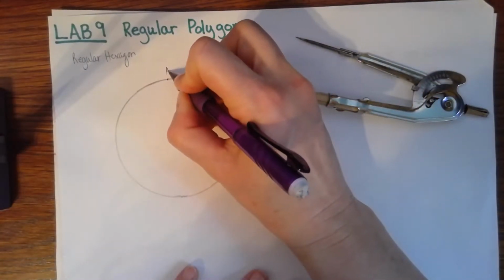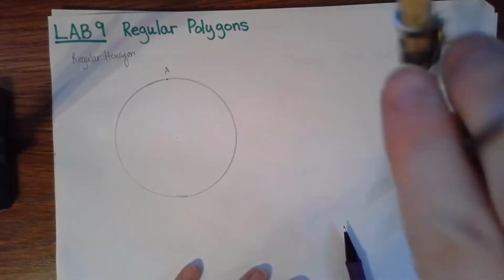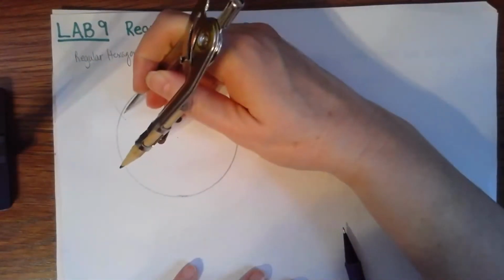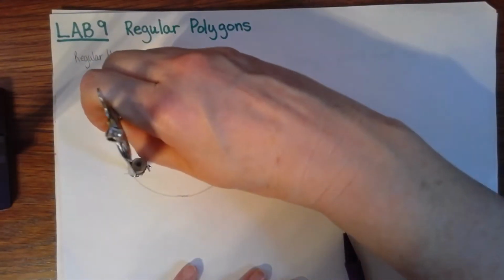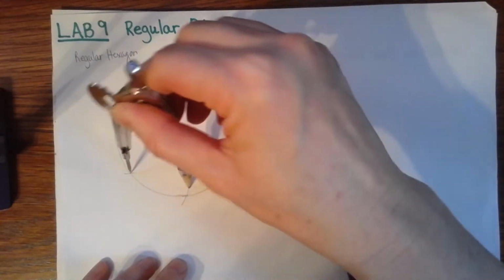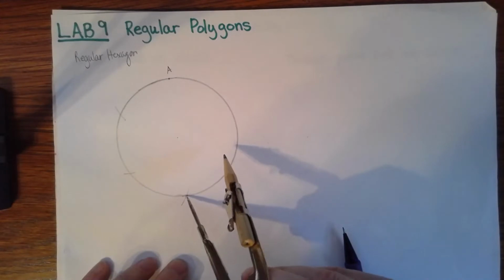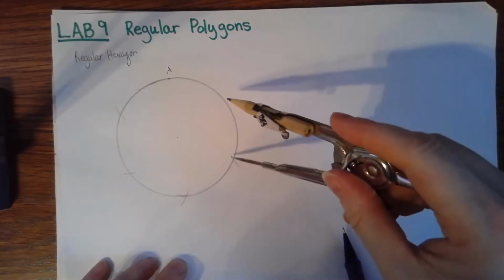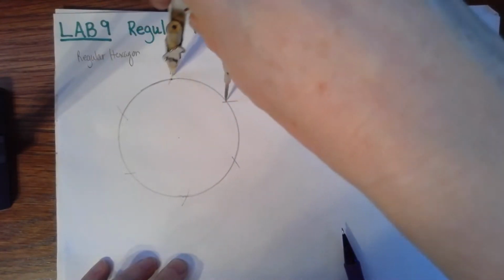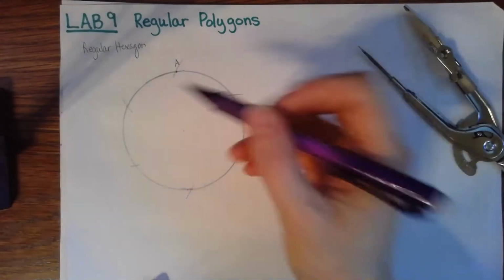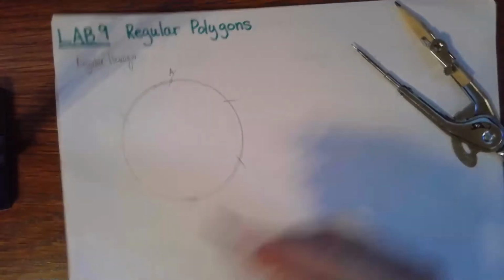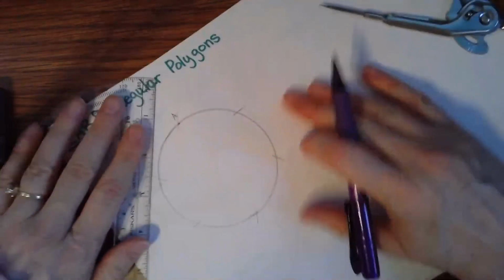I'll just call that starting point A. And from A, I'm going to mark off an arc, and go to that point and mark off an arc, and go to that point and mark off an arc, and go to this point and mark off an arc, and go to this point and mark off an arc, and I'm back where I started. So I have 1, 2, 3, 4, 5, 6 equal arcs,